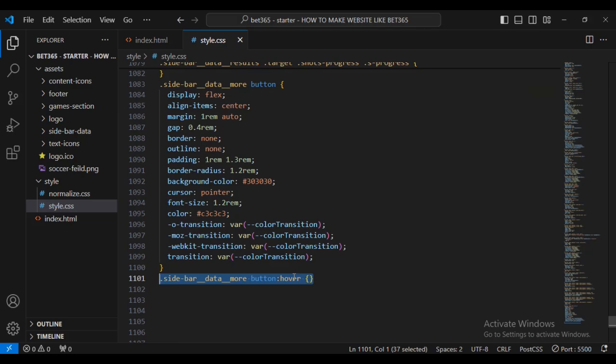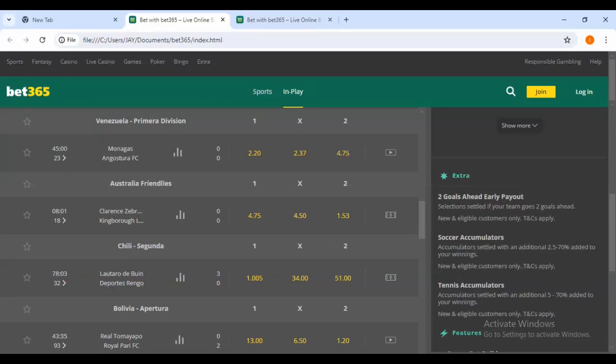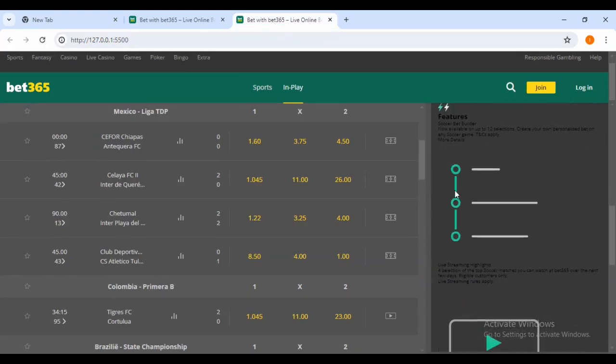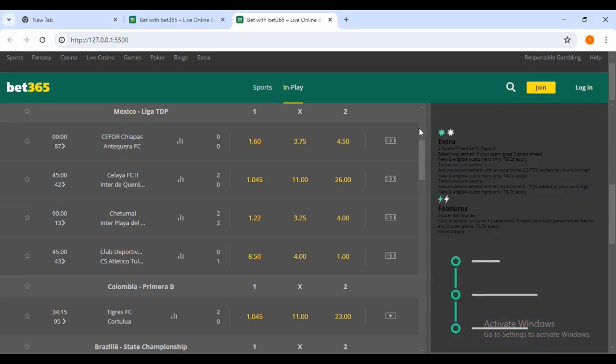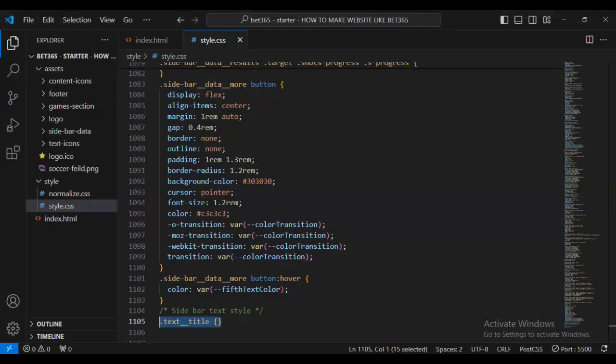Okay, I'm going to give it a color of 50 text color, then I'm now going to sidebar text style. So this is the text style that we're now targeting. We're now targeting this one, this section. So if you come there, you can now see that we are targeting this text style. We are going to be styling it. So if I come back into my browser